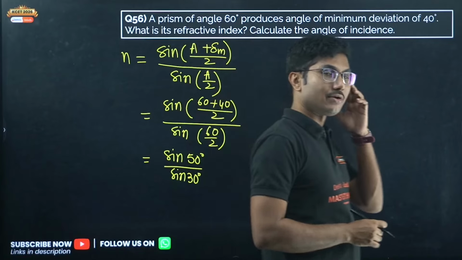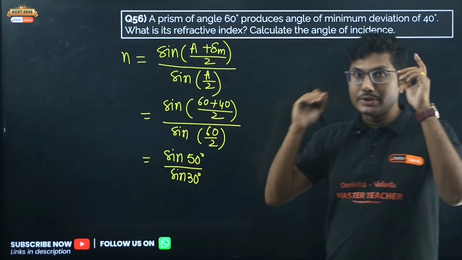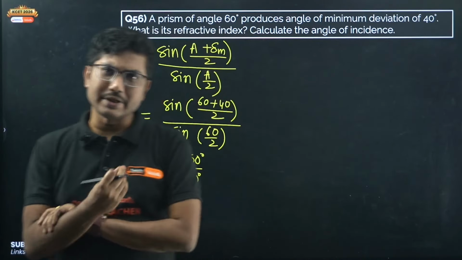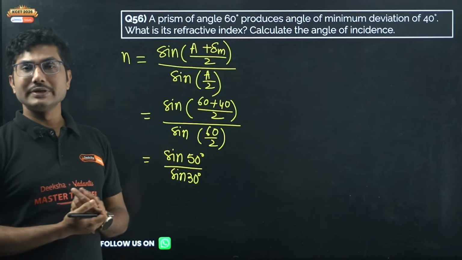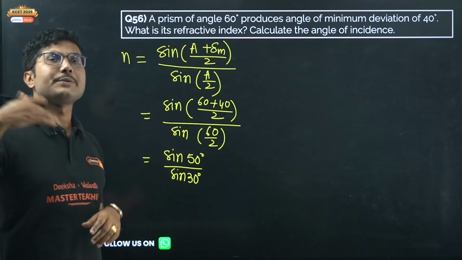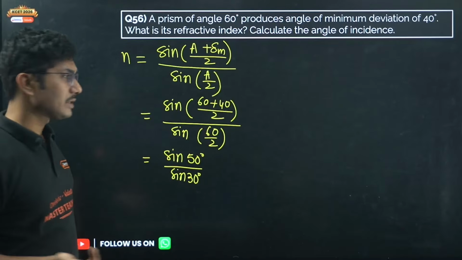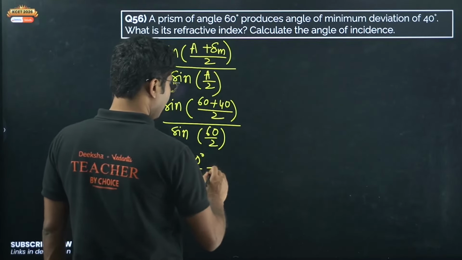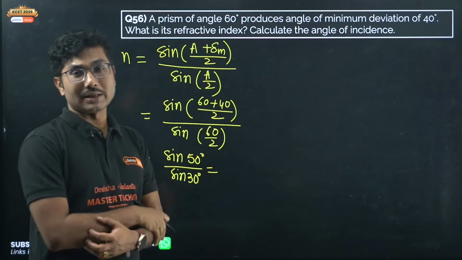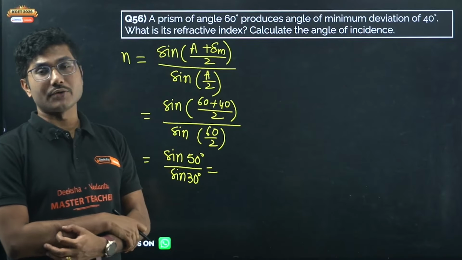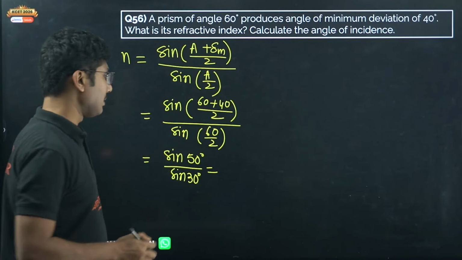So to find the value of sine 50, you can use the sine cosine table, which is very easy. Values like 51 or 53 are easy to find, and especially taking the inverse values are tricky. Sine 50 you can easily find from the sine cosine table. I will explain in some other video how to find the values of sine and cosine from the table.